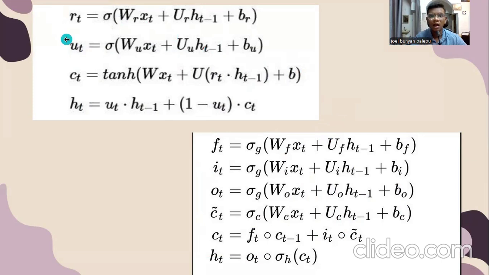So in the GRU, what we have is more gates, right? These gates determine how important the previous hidden state is, and how important the current input is. So first of all, we have the R gate, which is going to be a sigmoid function. This is called a sigmoid activation function. And just like tanh, this sigmoid activation function can